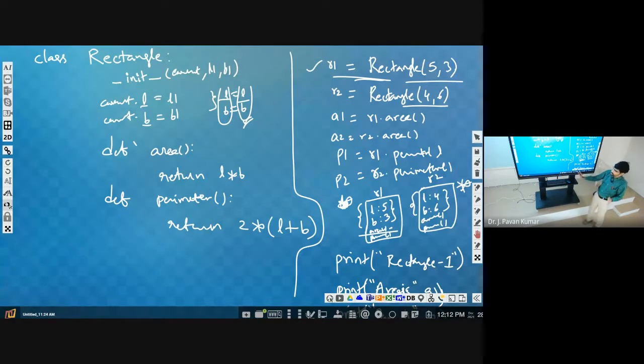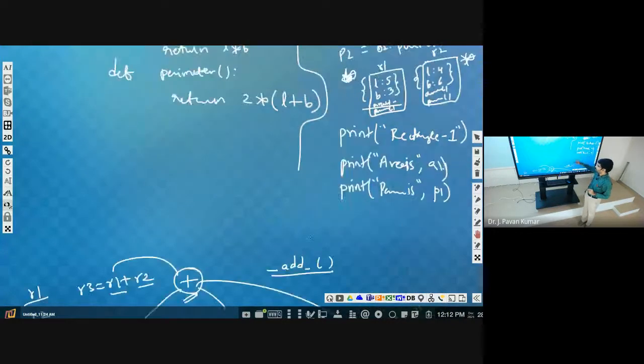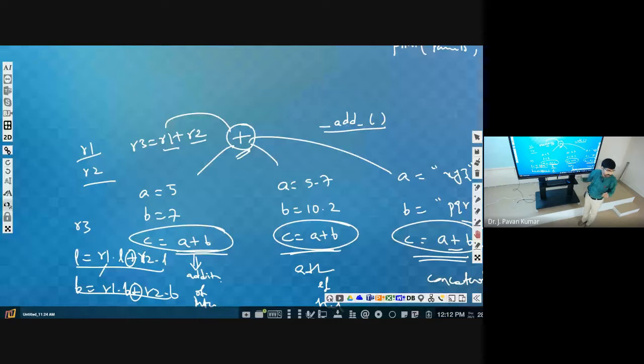Before defining that function, I will tell you the operation, R3 is equal to R1 plus R2. See, R3 is equal to R1 plus R2 means we use R1, and plus is the operator, then R2 we have to supply to this. Then it will add L and B respectively, and it has to return R3. That is another object. So this entire thing we need to consider.